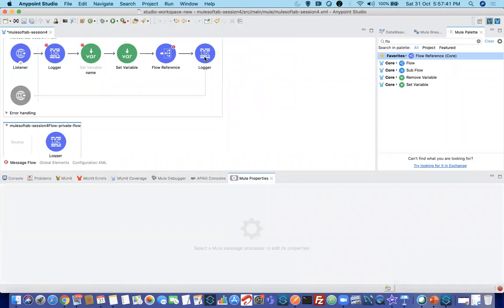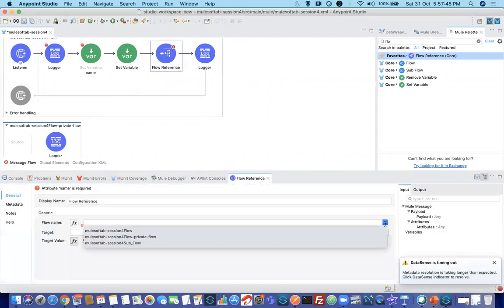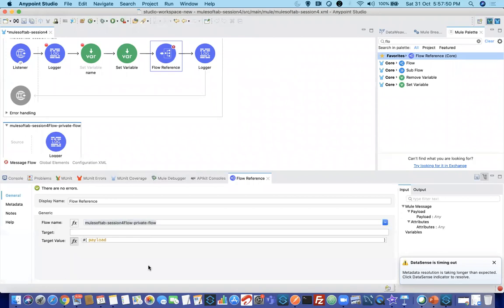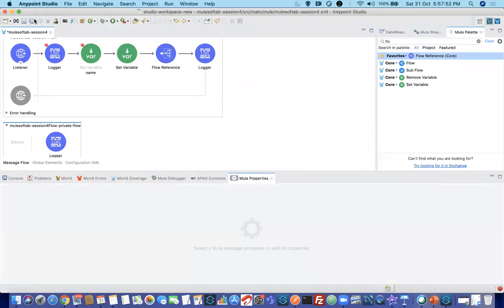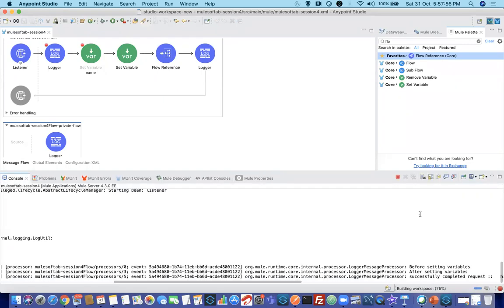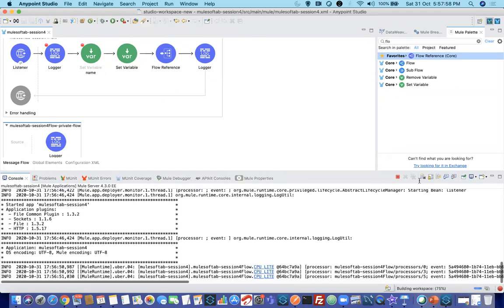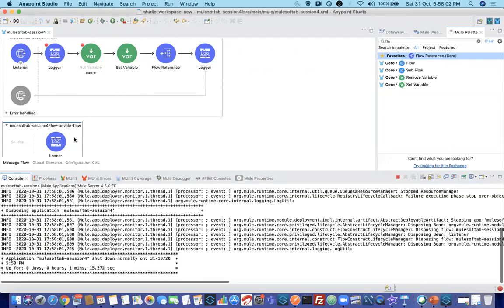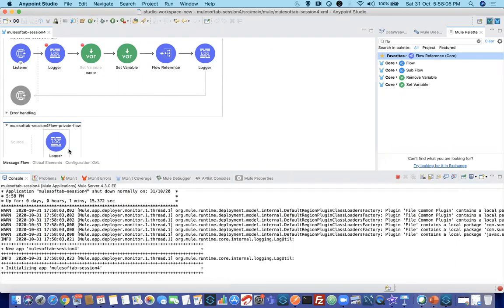Just observe what is accessible. So for the flow reference, I want to call the private flow, so I'm dragging and dropping it and clicking on private. The questions they might be asking you later: what are the things that are accessible at this particular logger?